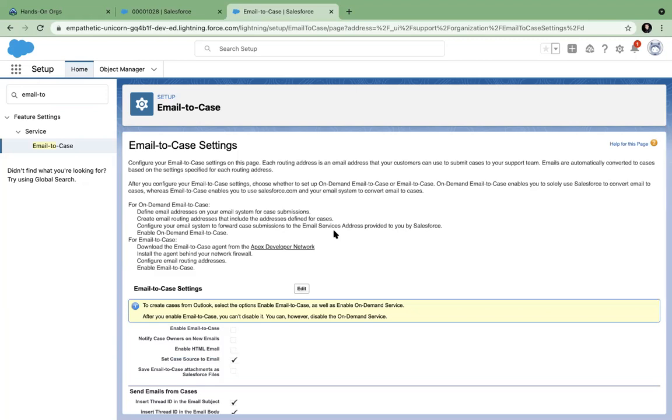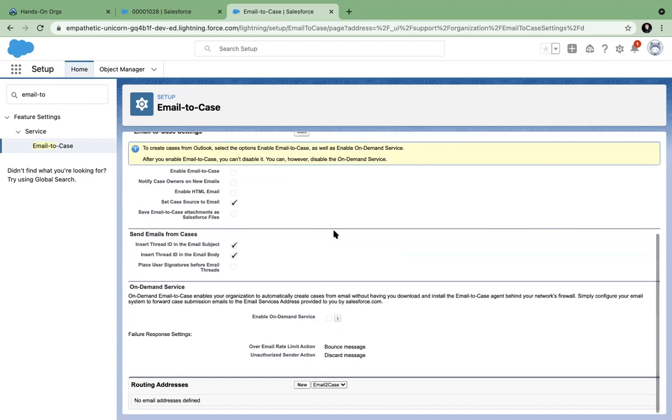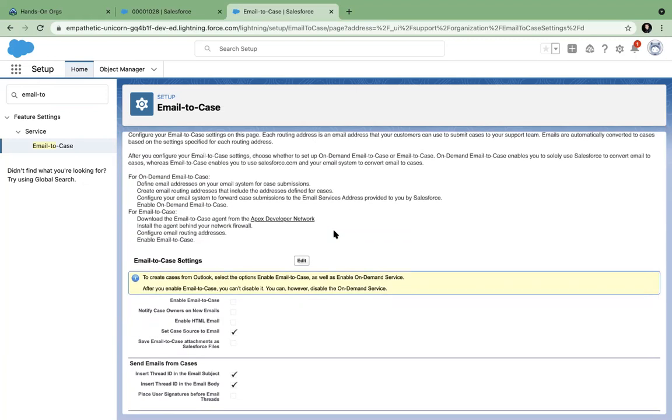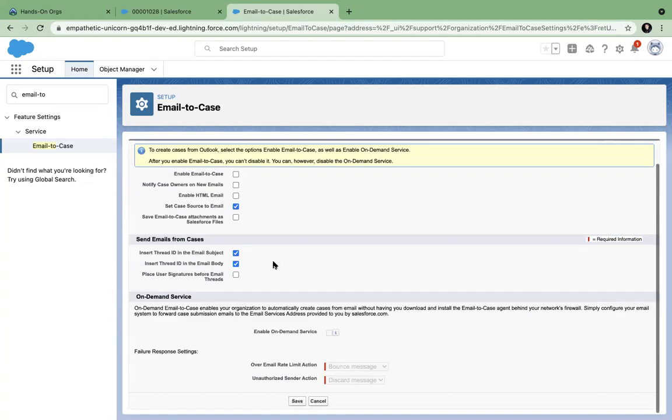You will also create an automatic email ID that you will connect to. Like you have a support@yourcompany.com, and Salesforce will auto generate an email ID. These two email IDs you will connect to each other. So when a customer is sending a mail to this email ID, immediately Salesforce will create a case. This is the enablement. You will do an edit and enable it.